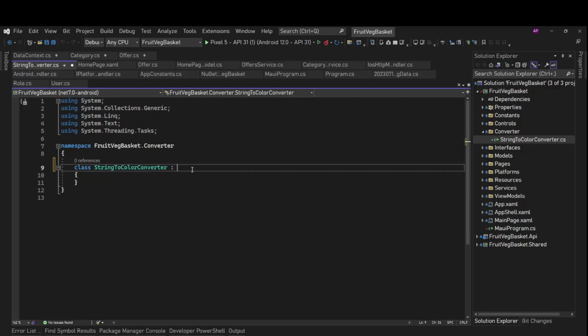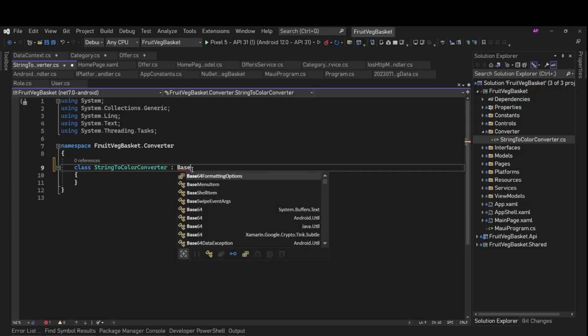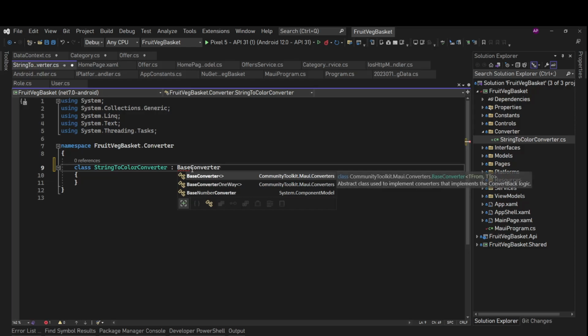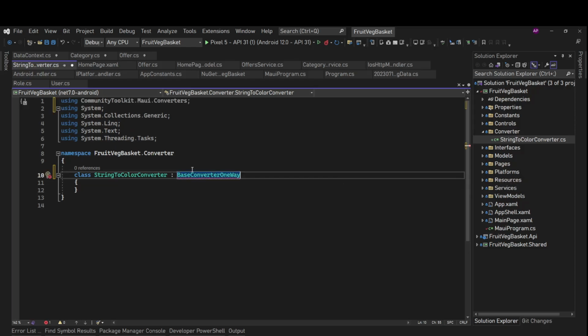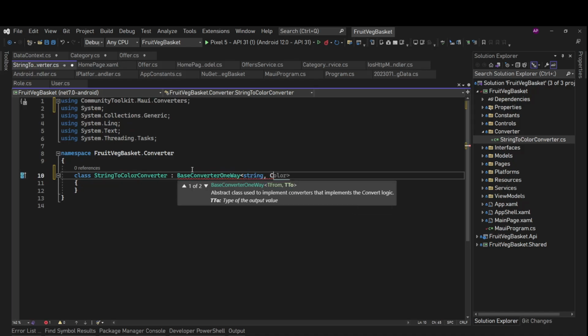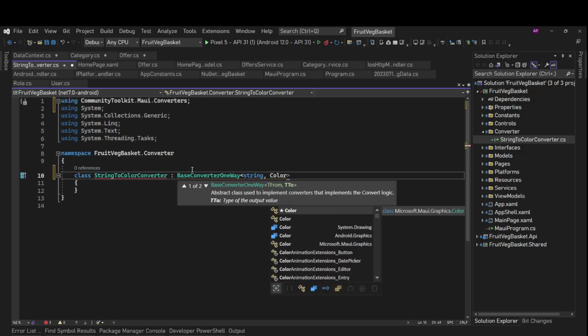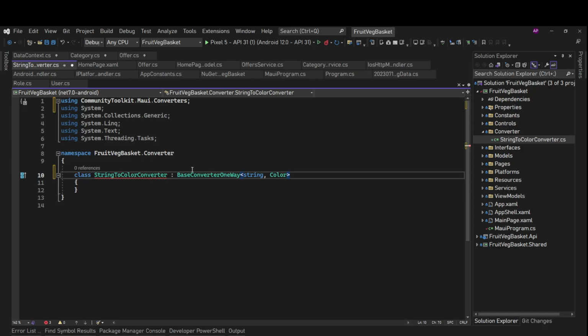Okay, and this will be derived from BaseConverterOneWay, because we need a one-way conversion from a string to color. This is what we need.